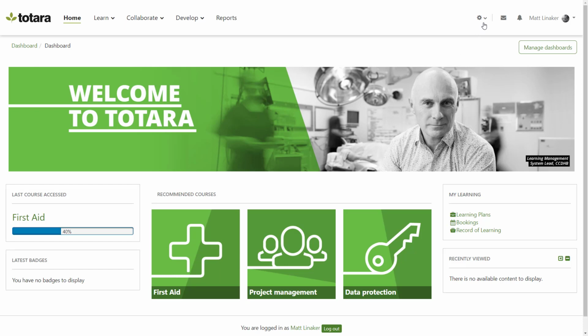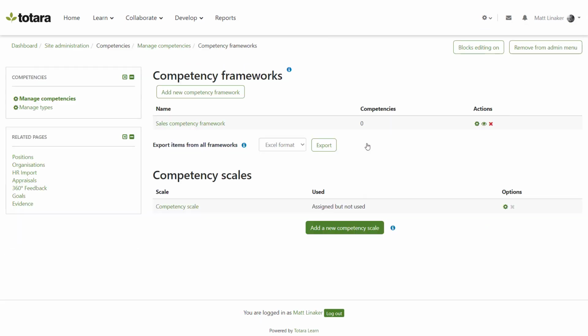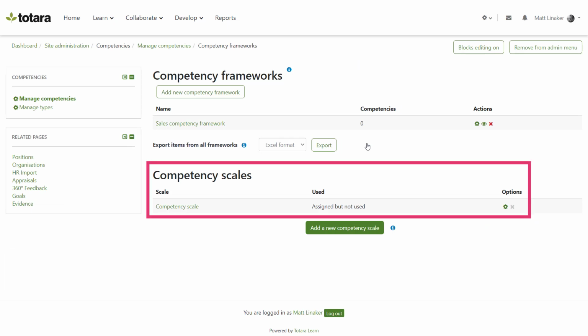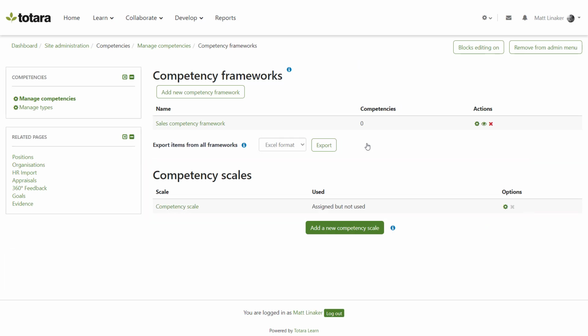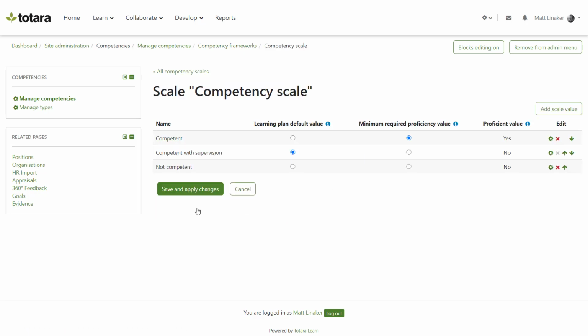To create a competency scale, go to the Competencies area of your site. You'll see any scales that have been previously set up here. Total Perform includes a default competency scale. You are able to use the default scale for any frameworks you add to the system if it is appropriate